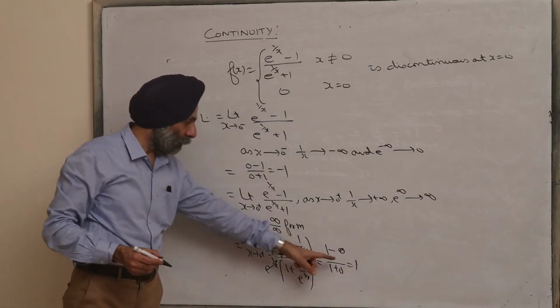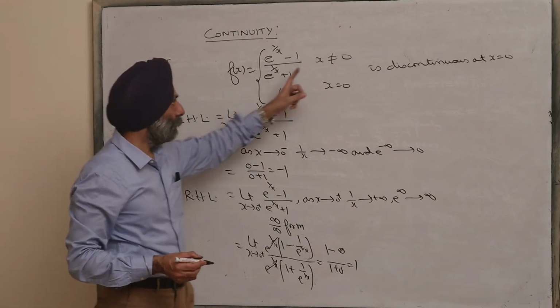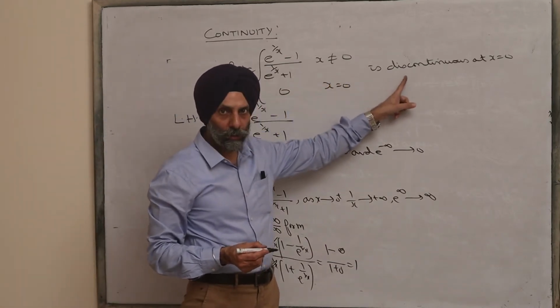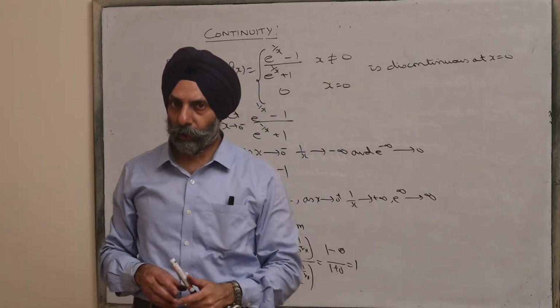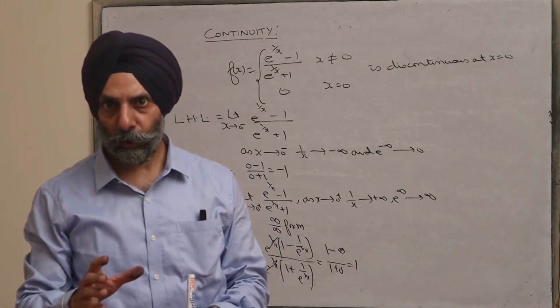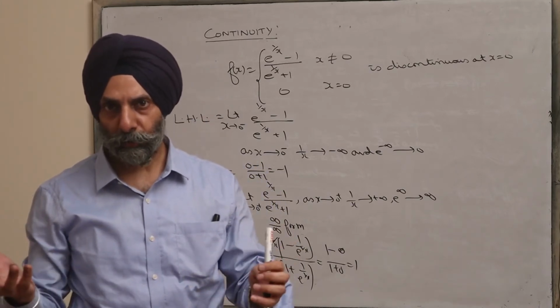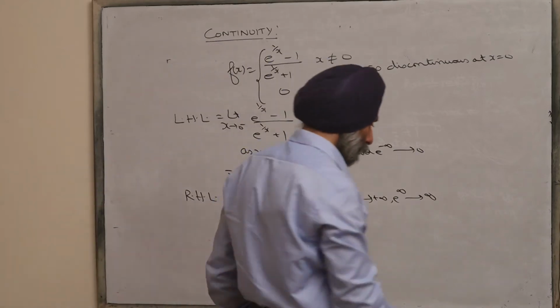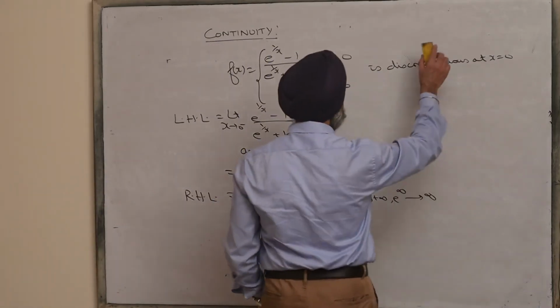Since left hand limit is not equal to right hand limit, therefore this function is discontinuous at x is equal to 0. So again you can never make this function continuous at x is equal to 0, because the limit of the function at x is equal to 0 does not exist. Now next is